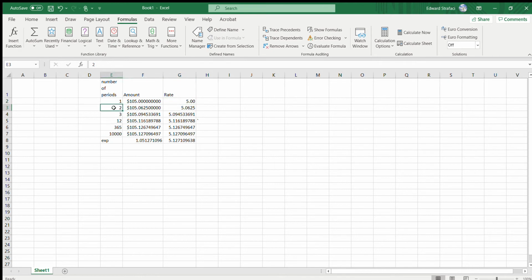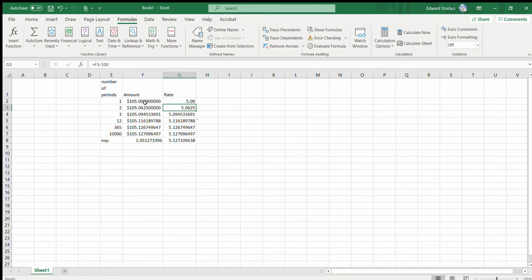Now, if we want to look at it if we compound over 2 periods, well then it's simple. We're just going to divide the 5% by 2 and multiply the periods by 2. And you're going to get a slightly higher rate, which is 5.0625. Now, the reason why it's higher, you're getting another 6.25 cents on $100, is because you are paying the interest once in 6 months, and then in the second period you're paying the interest plus the interest on the interest, which is